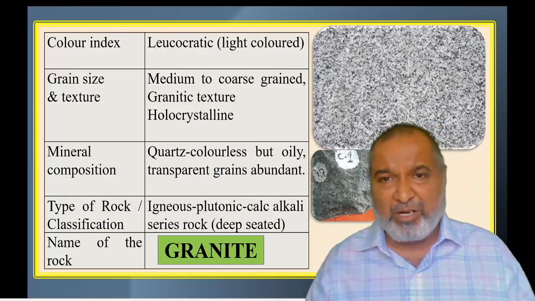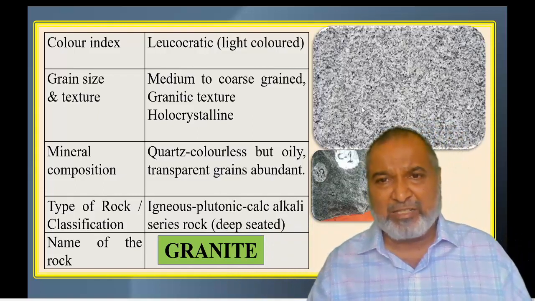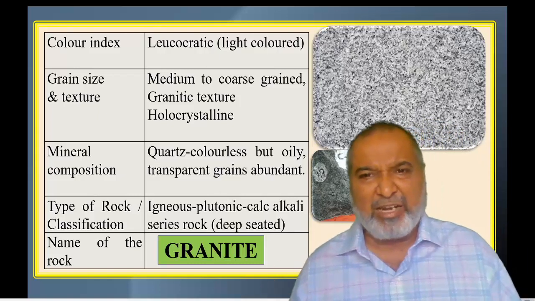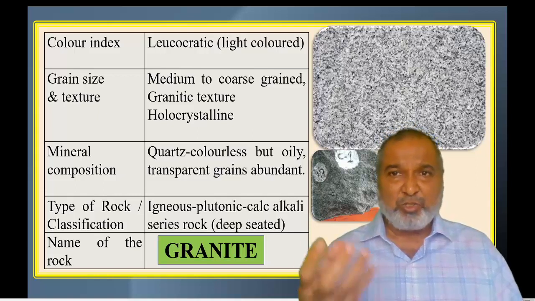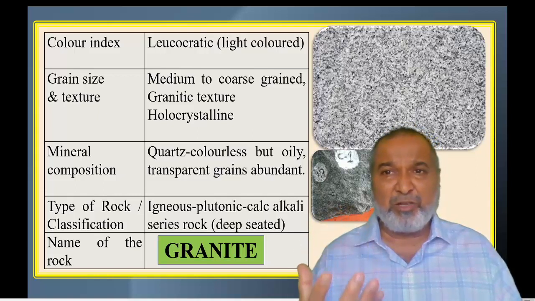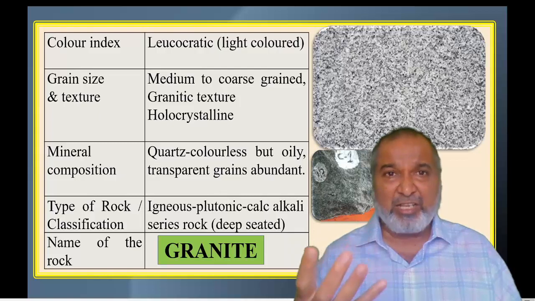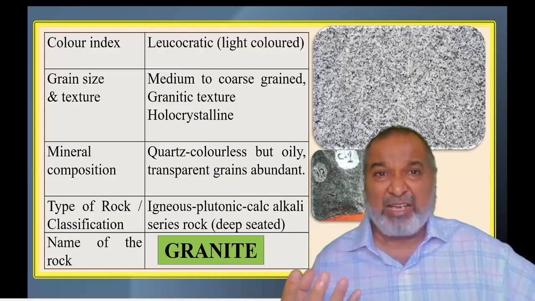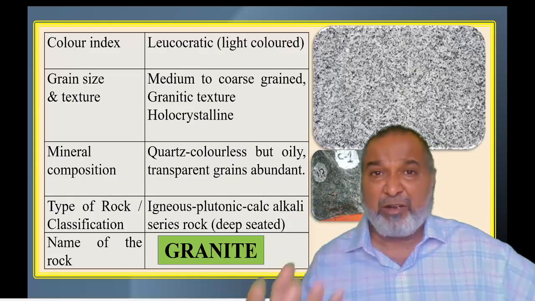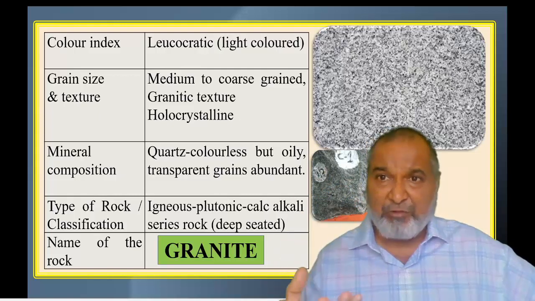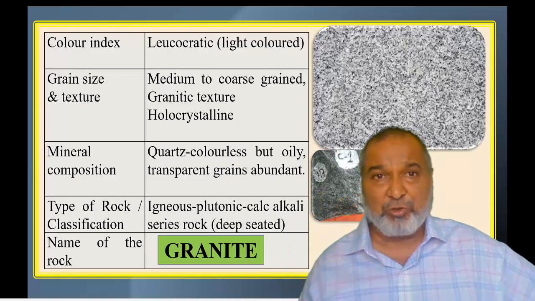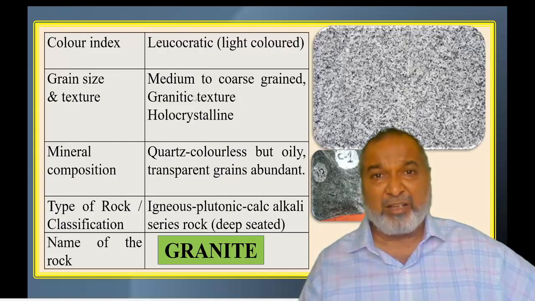From our department, we have taken two samples. One is gray, and the second sample which we are going to keep in the practical is also a little bit gray, and a little bit fine grain. So here the rock is a coarse one. Grains are medium to coarse, and they are more or less the same size. So it is the equigranular texture, and that equigranular texture shown by granite is called granitic texture.